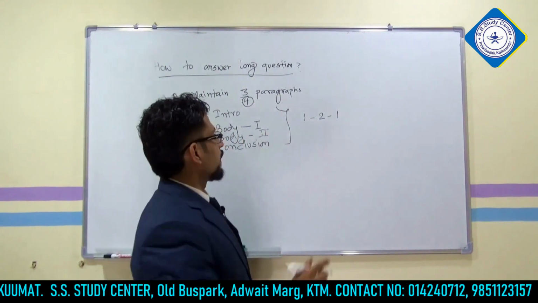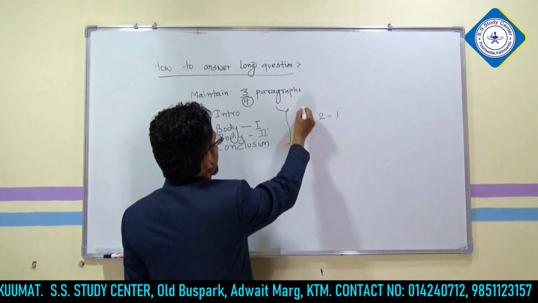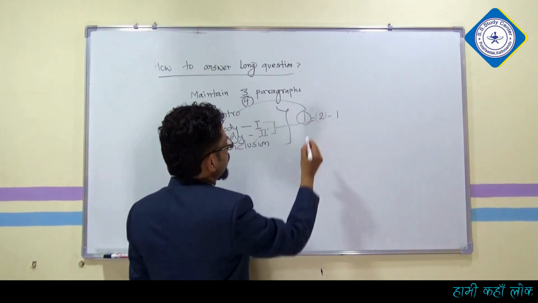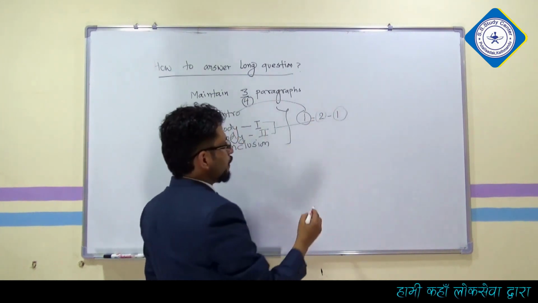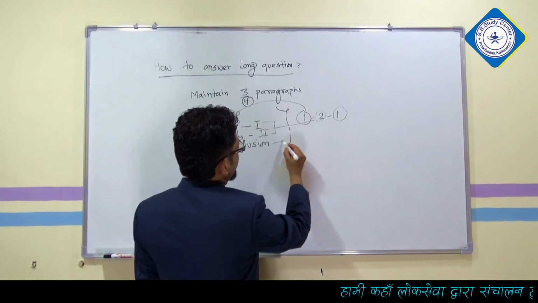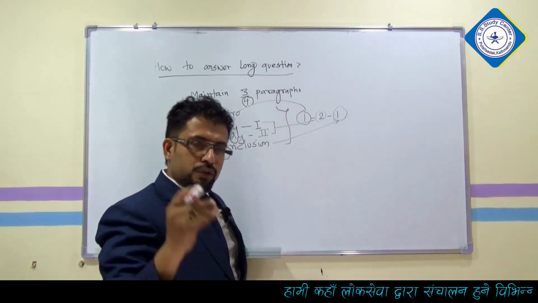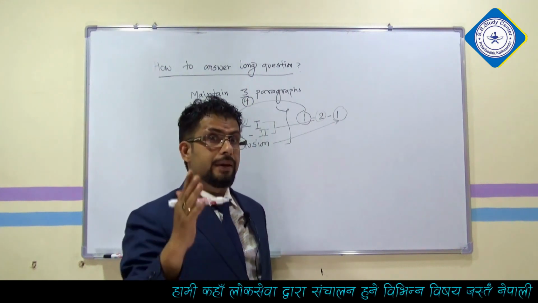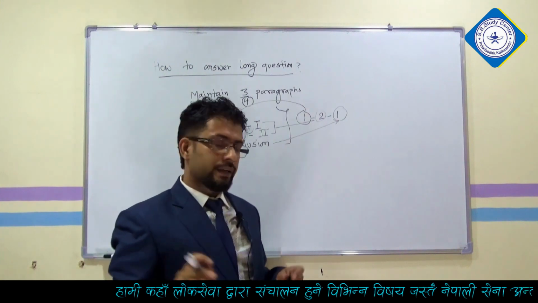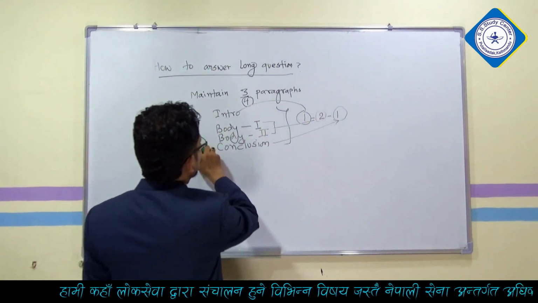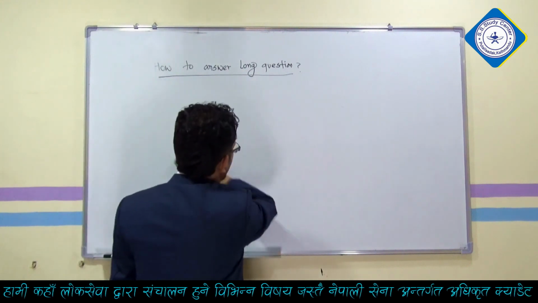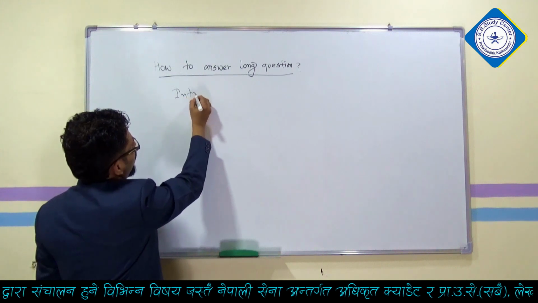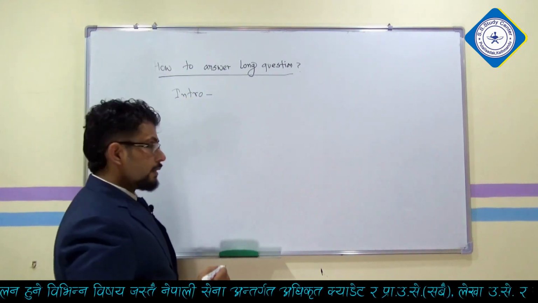So it is also known as the 1-2-1 paragraph. The first one is obviously the introduction part. The 2 means 2 body parts, body 1 and body 2. And the third paragraph would concentrate upon the conclusion. So 1-2-1 paragraph, or maintain at least 4 paragraphs. Is it clear? Fine. Now I'm going to tell you what you are going to write in the introductory paragraph. In each question, whenever you are asked, my dear students, you are going to maintain